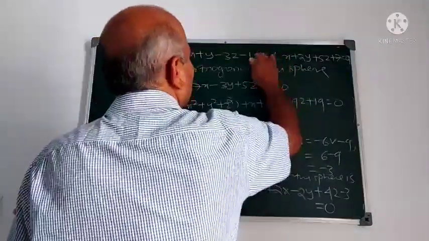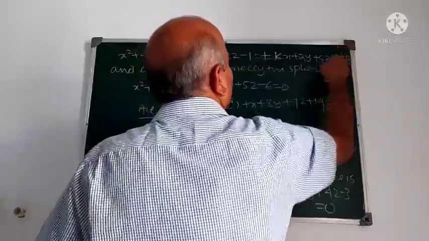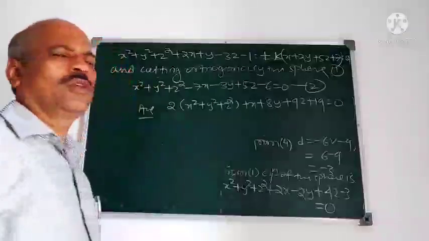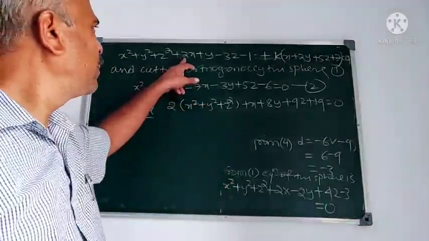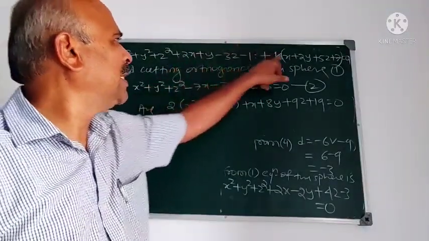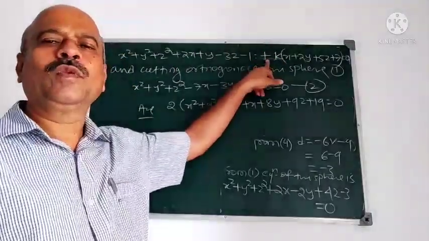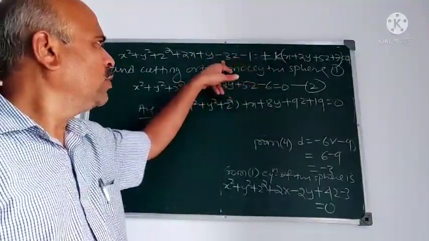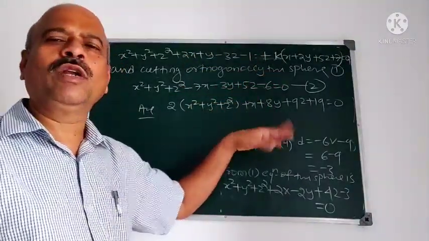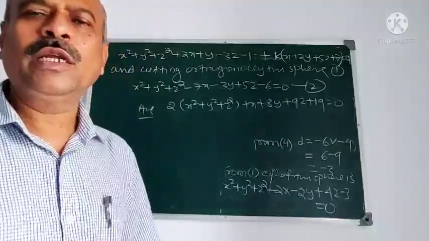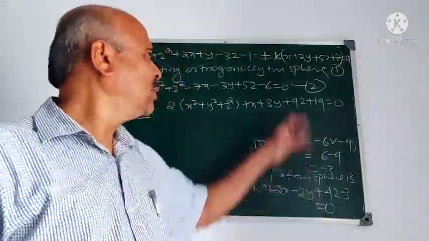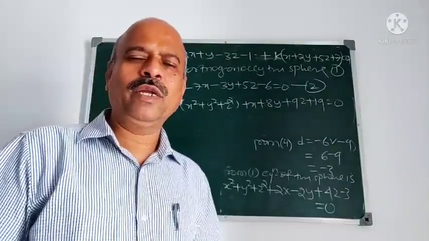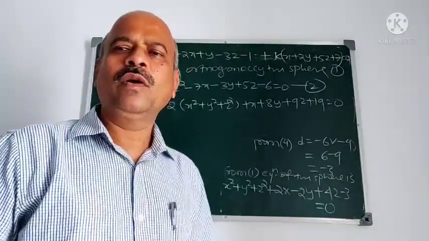What is the procedure? The required equation is this plus k times this equal to 0. Take this as 1, this as 2. Use 1 and 2 orthogonal. What is u1? 2 plus k into x is 2u. You know how to write down 2u, 2v, 2w. From that, obtain u1, v1, w1, u2, v2, w2, d1, d2 and apply the condition of orthogonality. You will get the value of k and substitute. That becomes the equation. The answer is provided here. You try this. If any difficulty, you can ask at any time. Okay. Thank you.